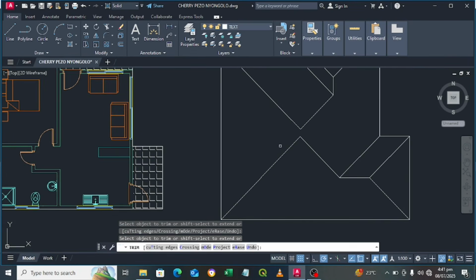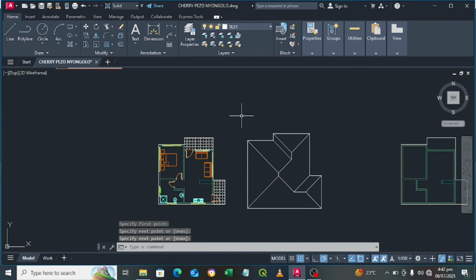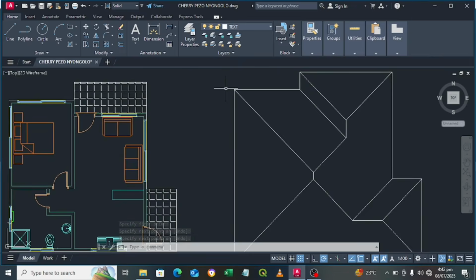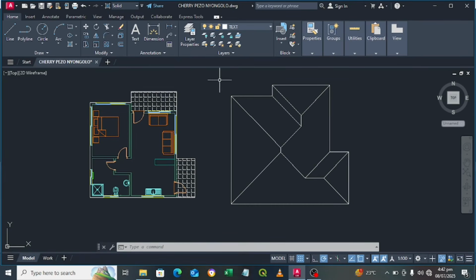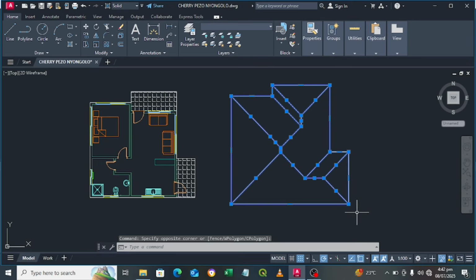Then here you forgot to make a line, so press the escape, then go on line, make a line there to there, press enter, escape like that, then select the entire drawing like that, then press on join,